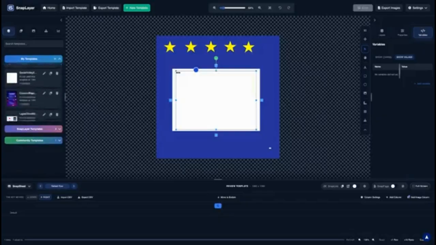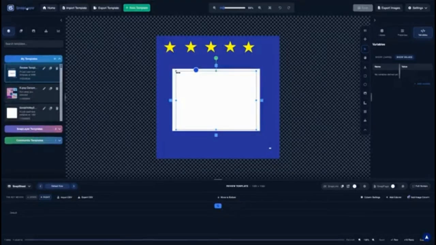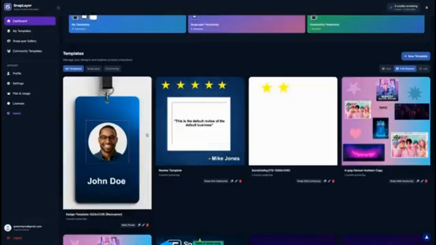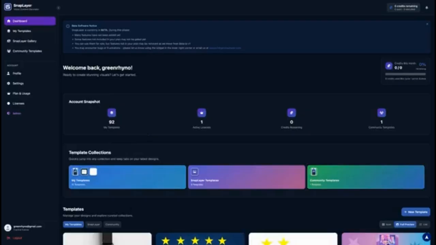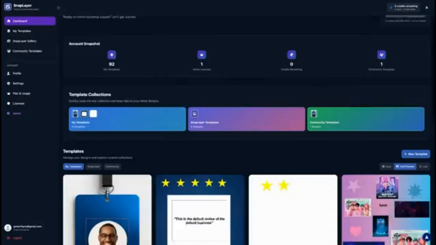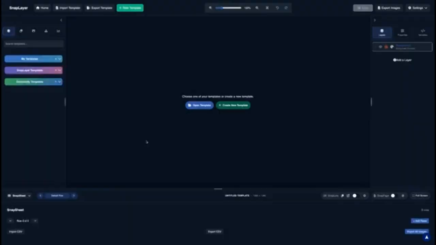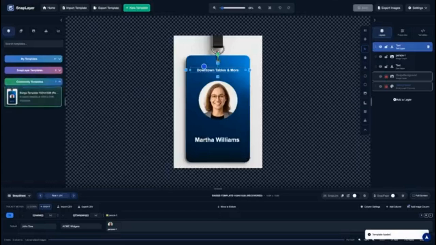So the first thing I showed was the dashboard, and then I'm going to show you the basics of SnapLayer. So basically, SnapLayer is an image editor, but the advantage to SnapLayer is that you will be able to create a template for any image, and then you'll be able to modify that template through different means. So those means will be links, query string links, and then also